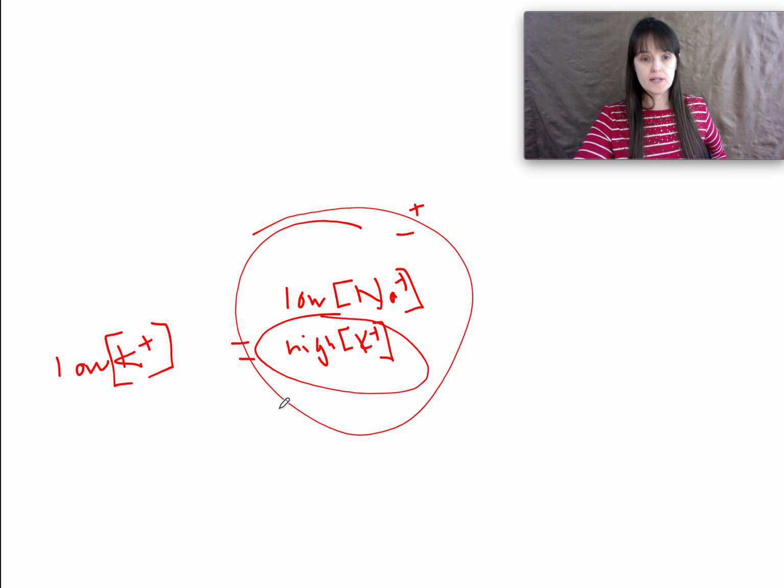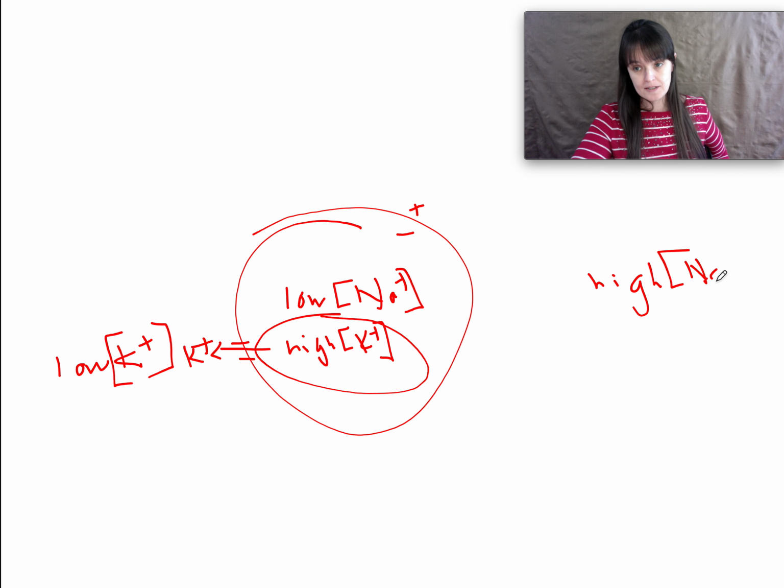So if you have a potassium leak channel right here, and of course channels are always in the membrane, so there's a membrane. And we expect potassium to move down its concentration gradient. Every time you open a potassium leak channel, potassium leaks out of the cell. And since sodium ion concentrations are low inside the cell and high outside the cell,